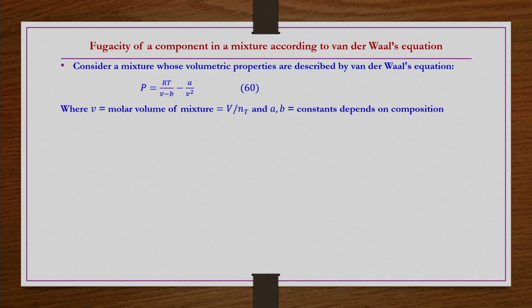First, convert this equation in terms of total volume by replacing the molar volume by the total volume divided by the total number of moles Nt. A and B are the van der Waals constants and they depend on the composition. For pure gases they are experimentally available, A1, A2 etc., B1, B2 etc., for pure components 1, 2 etc. When we mix these components together, different compositions give different gas mixtures. So, for that mixture we have to obtain the A, B constants, and these are functions of the composition of the mixture.